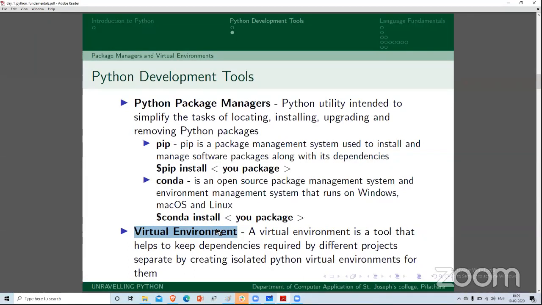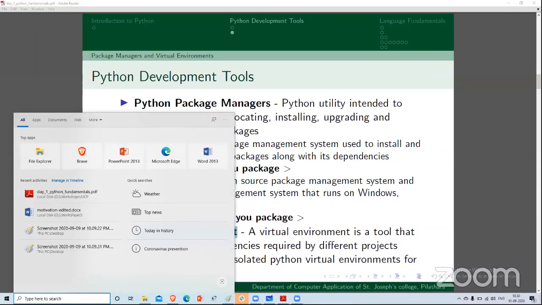So instead of replacing 3.5 with 3.6, you can simply set up a virtual environment, and install 3.5 in one environment and 3.6 in another environment. That solves the issue of conflict. I will show you how to create virtual environments. It's very simple using Anaconda.